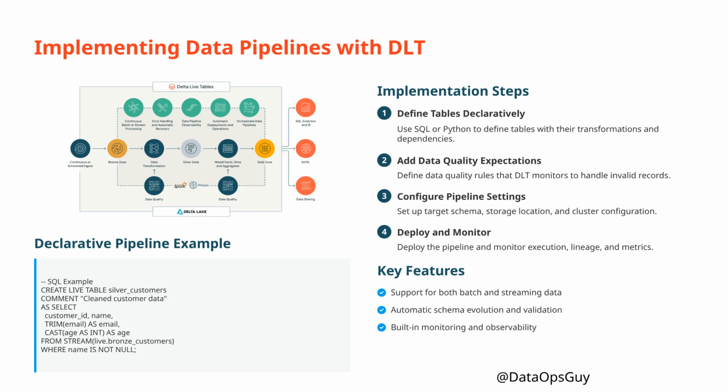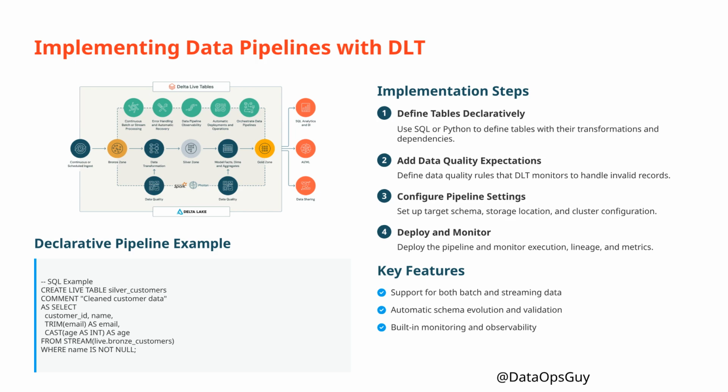The implementation process involves 4 key steps. First, define tables declaratively using SQL or Python to specify transformations and dependencies implicitly through table references. Second, add data quality expectations by defining rules that DLT monitors to handle invalid records appropriately. Third, configure pipeline settings including target schema, storage location, and cluster configuration for optimal performance. Fourth, deploy the pipeline and monitor its execution through the DLT user interface, viewing data lineage, quality metrics, and performance